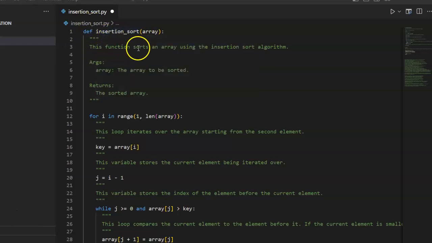insertion_sort. This function sorts an array using the insertion sort algorithm. The arguments are array, the array to be sorted, and it returns the sorted array. For i in range(1, len(array))